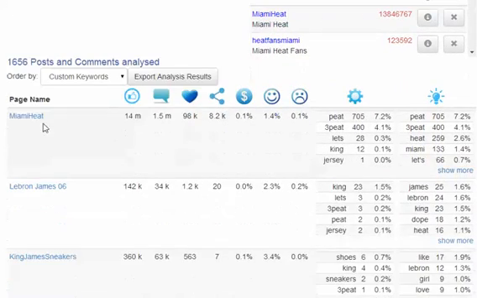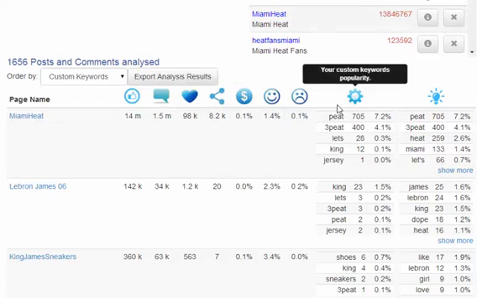And you can see that the Miami Heat page has by far the highest percentage. If you look at some of these other percentages, 1.6, 1.9, this is what everyone's talking about on this page. And this number is huge. It's rare that you see a number this big, but it just goes to show how engaged and how excited